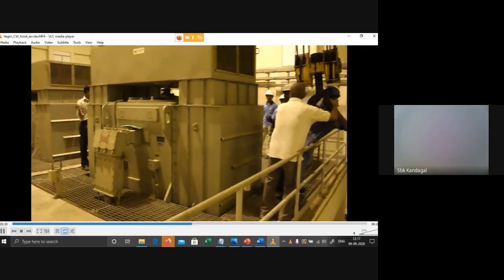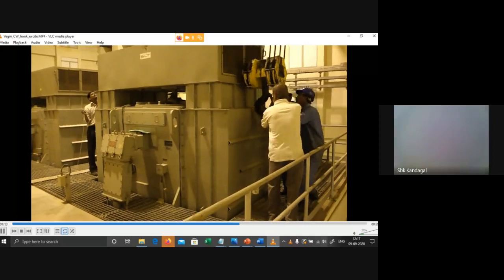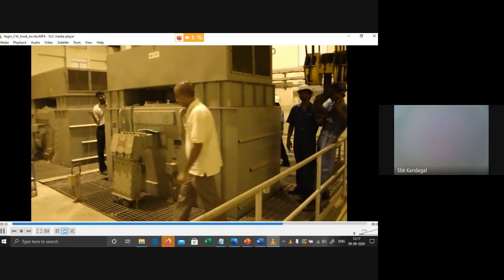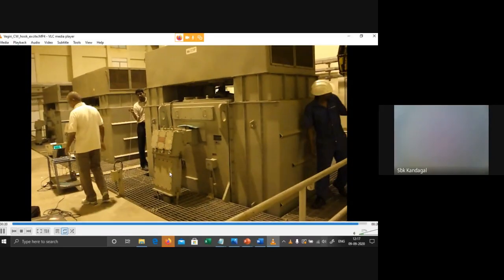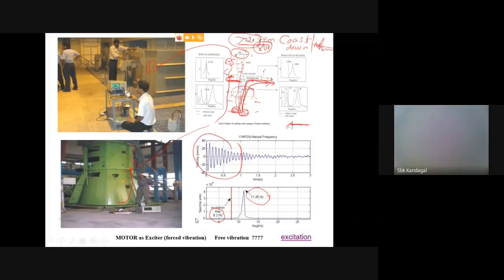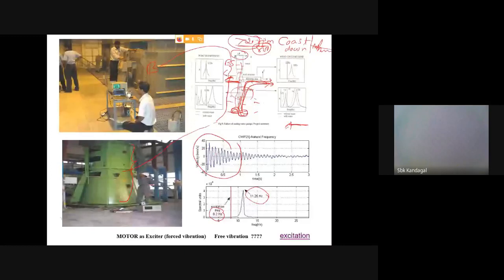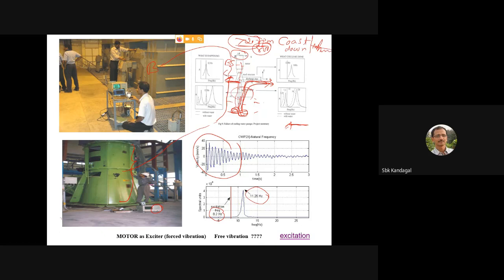And this amount of input energy is necessary for all the heavy systems. A small impulse hammer in the lab may not suffice, so you should be more practical and proactive in industrial applications. Okay, so once you do the pulse, you will be able to get the response. Take the Fourier transform of that using the FFT analyzer, and then you will get it. The signal comes from that, goes to the charge amplifier, and then to the analyzer for the conversion. The challenging thing in the rotary system is that you have to find out the natural frequency of the rotary systems as well.